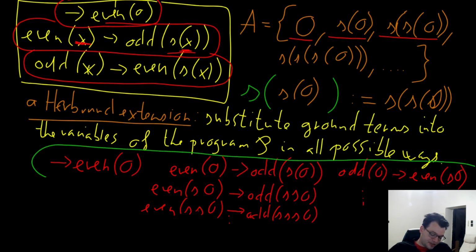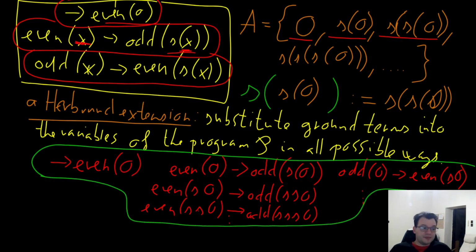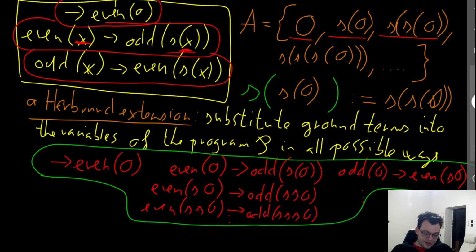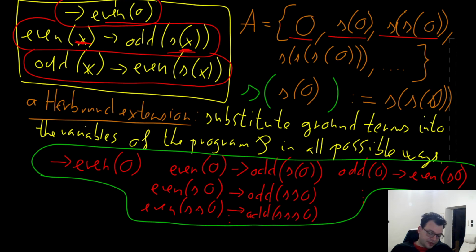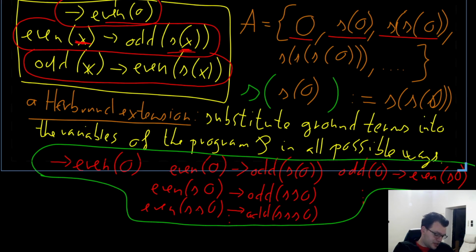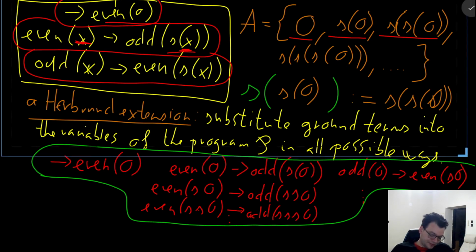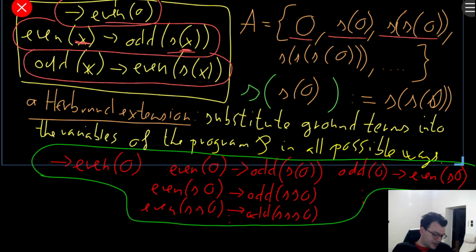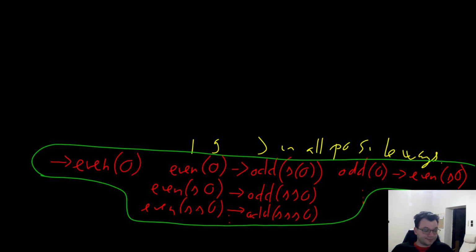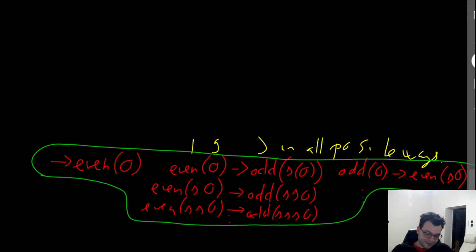I will just erase the upper part of the board right now because I'm trying to make a point here. So we have this Herbrand extension. Technically these are first order formulae, right? But they have a very, very specific form because they contain absolutely no variables. And without variables, programs are not that hard, not that complex, because